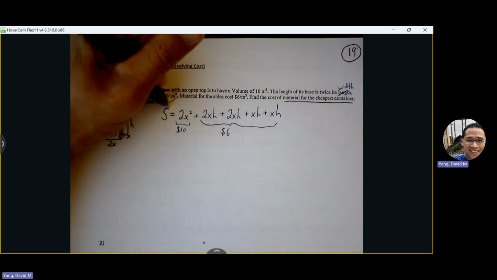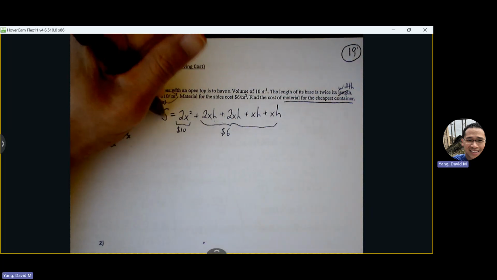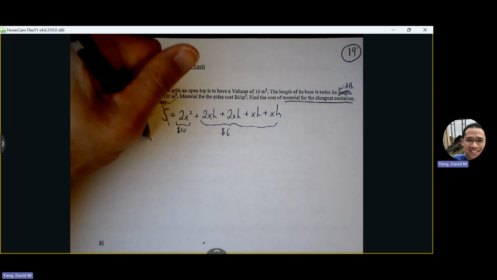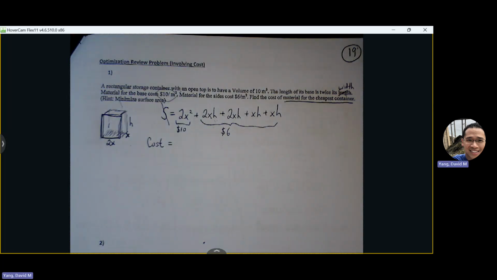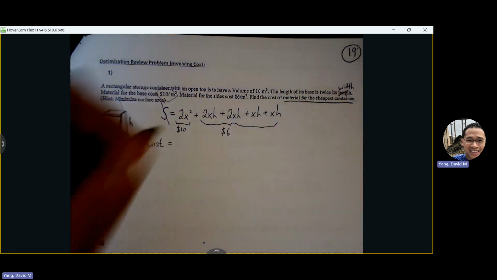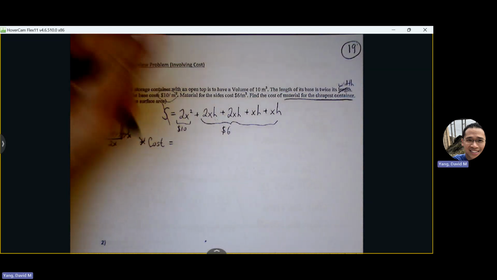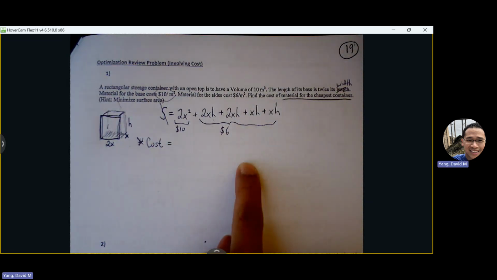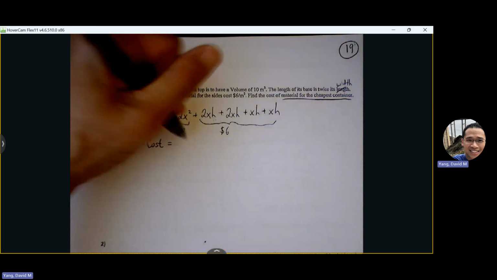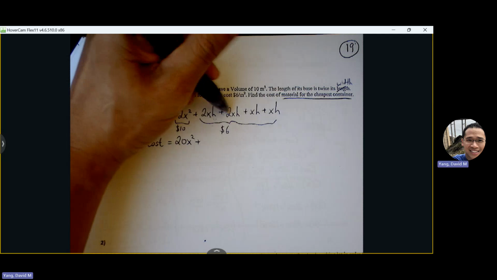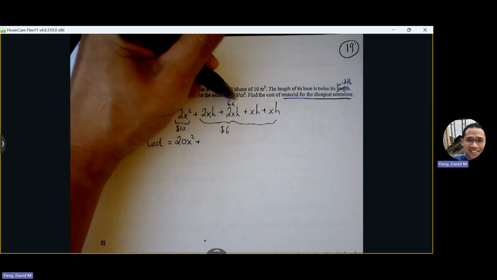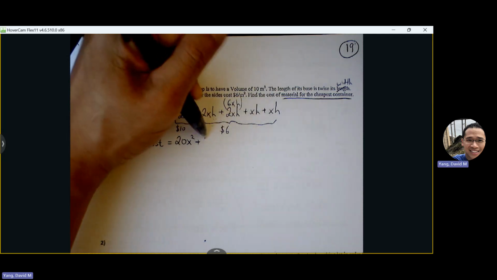So I can also update this surface area variable to call it the cost equation now. Ultimately, I'm going to put a star next to this. I want to find the derivative for this cost once this is ready. Okay, so multiply this through: 20x squared